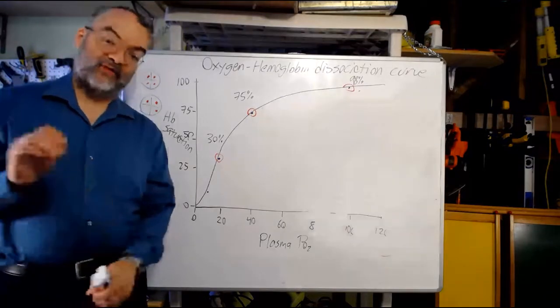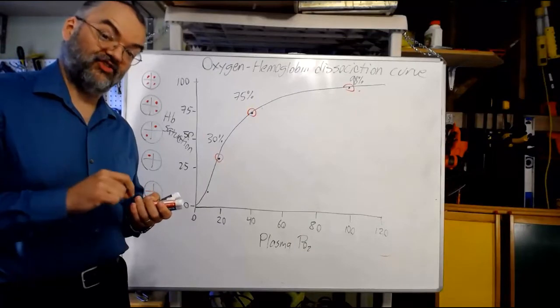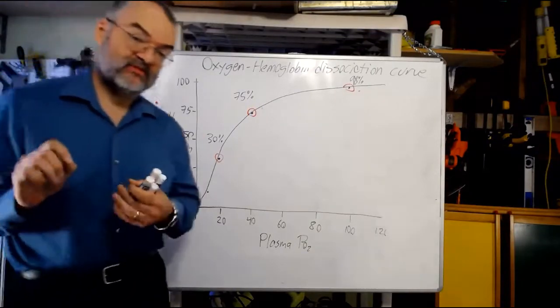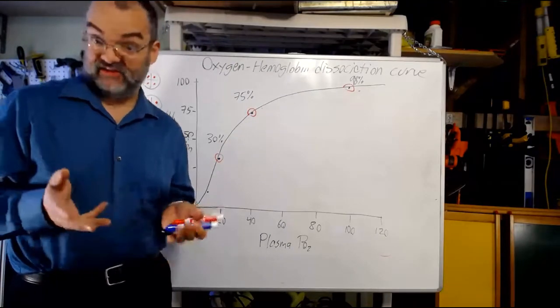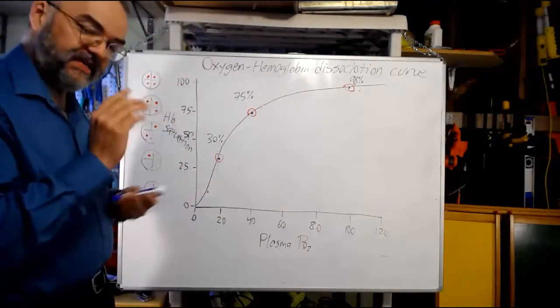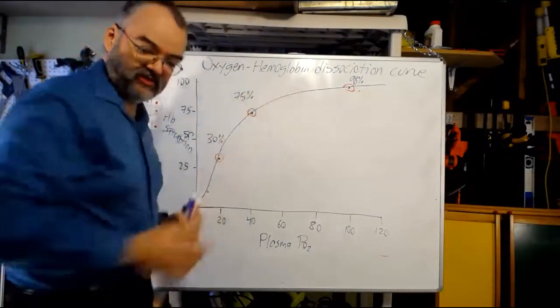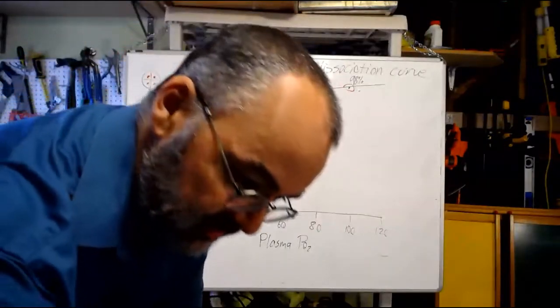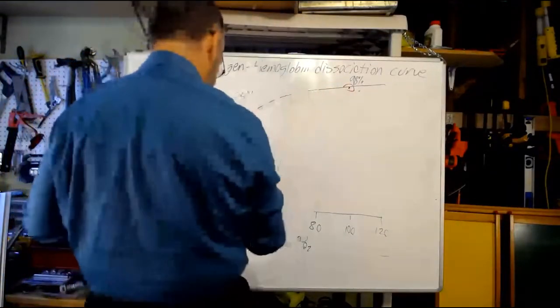Okay, a couple more things about this. First, let's talk about the effect of pH on this, because hemoglobin is going to respond to oxygen differently when the pH changes, as it turns out. If pH becomes more acidic, this curve tends to shift to the right. And here's what that looks like. So if I look at this under a slightly more acidic pH,